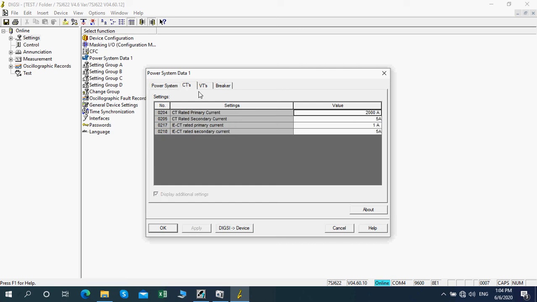Second is CT. For CT you have to put primary and secondary currents. Here our relay is 2000 ampere. This is only for setting, we put it.